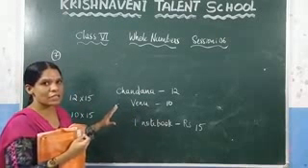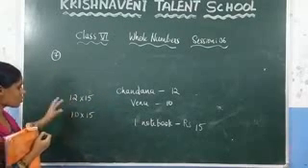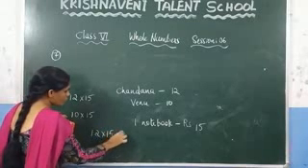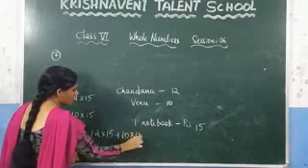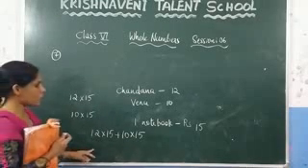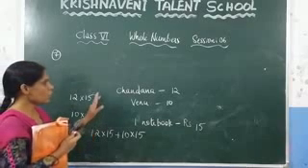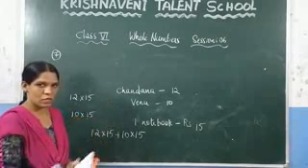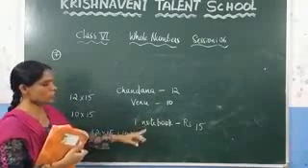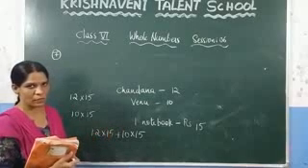Here you need to calculate how much money they have to pay to the shopkeeper. That means you need to add these two values. So here, 12 into 15 plus 10 into 15. If you calculate these two values, you will come to know how much money they have to pay to the shopkeeper. This is the question they have given. Again, what they told: Chandana purchased 12 notebooks and Venu purchased 10 notebooks, and the cost of each notebook is 15 rupees. You need to calculate how much money they have to pay to the shopkeeper.